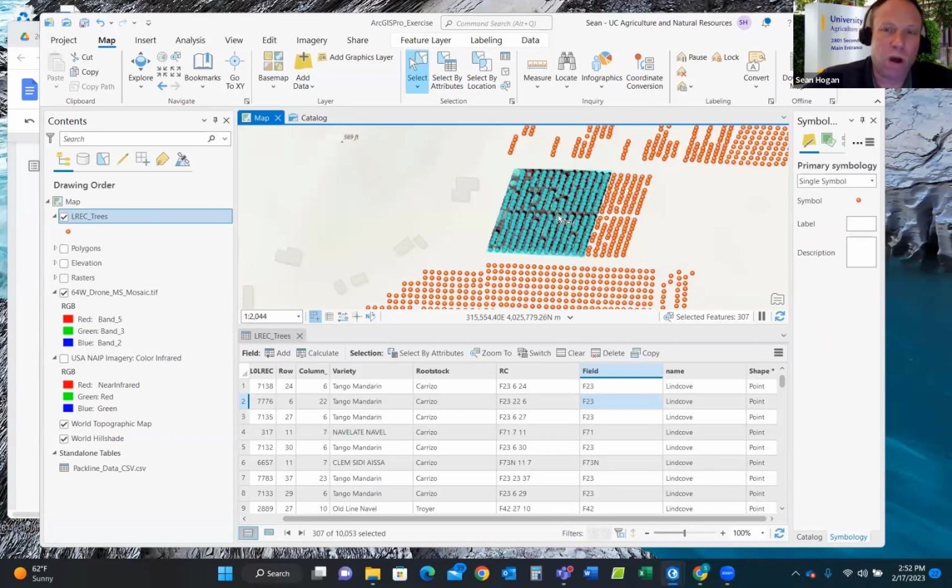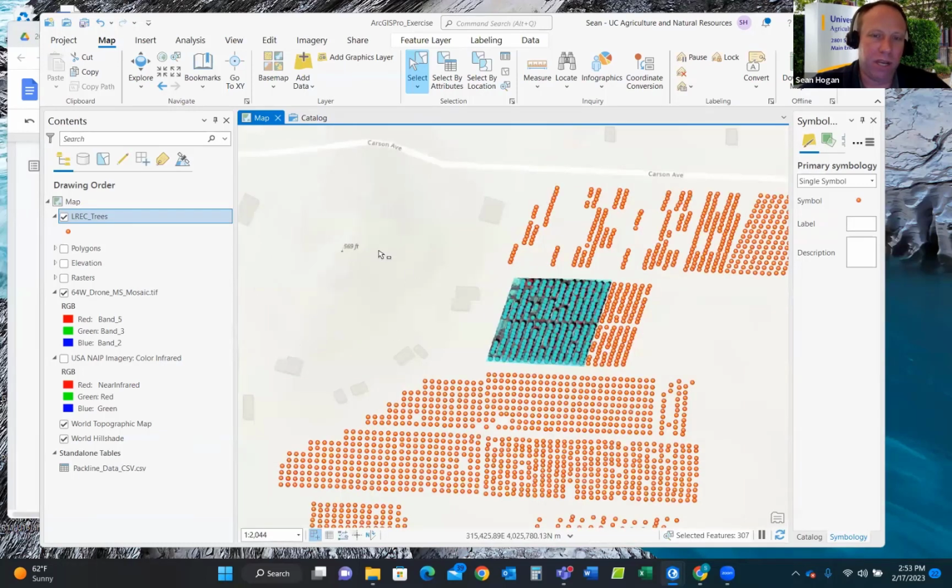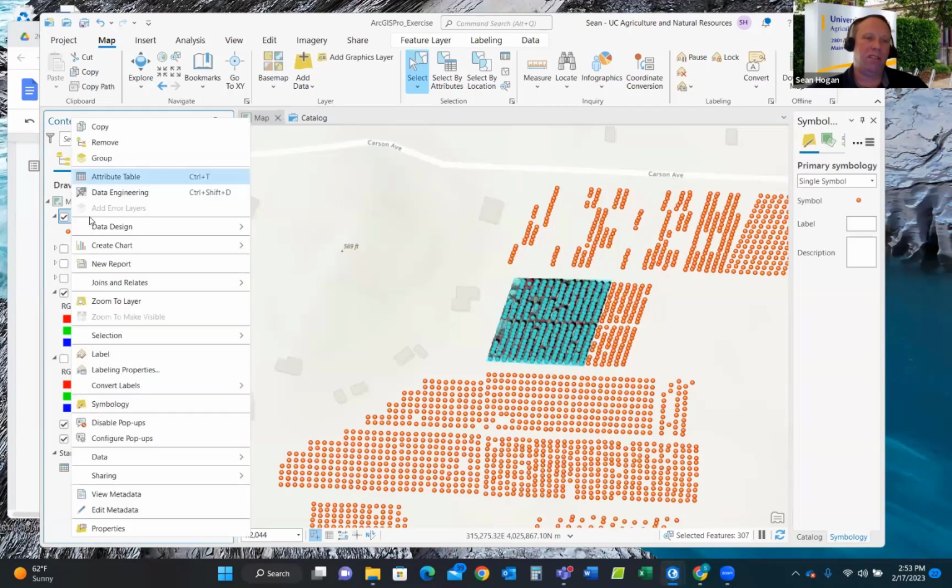And while we're at it, we can kill two birds with one stone, because this data, if you recall, was also optimized for online use. So it's a Web Mercator coordinate system. The way I can find that out is, you'll notice there's 307 trees selected, but I can right click on that layer, go down to properties,